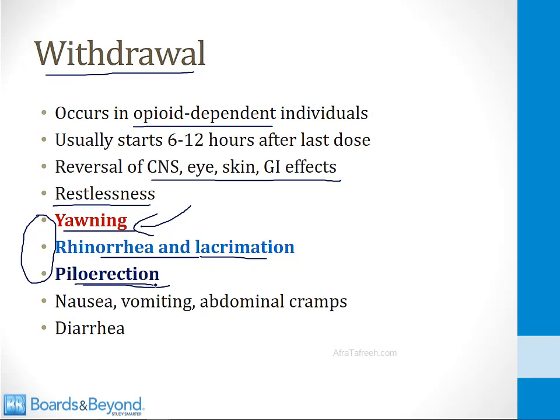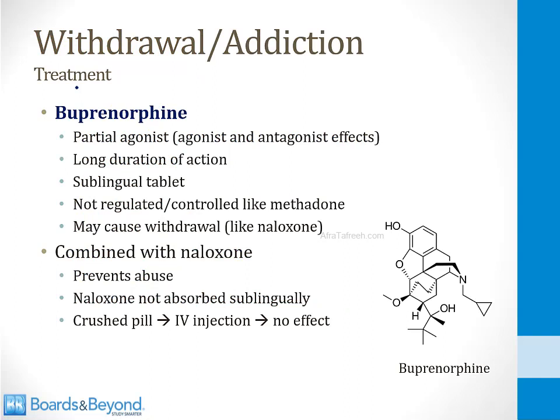The piloerection is a reversal of the skin effects, so the hair on the skin will stand up. And then finally, when the GI effects reverse, the GI tract begins moving, and that could cause nausea, vomiting, abdominal cramps, and also diarrhea. For patients with opioid use disorders, there are a couple of medications that can be taken